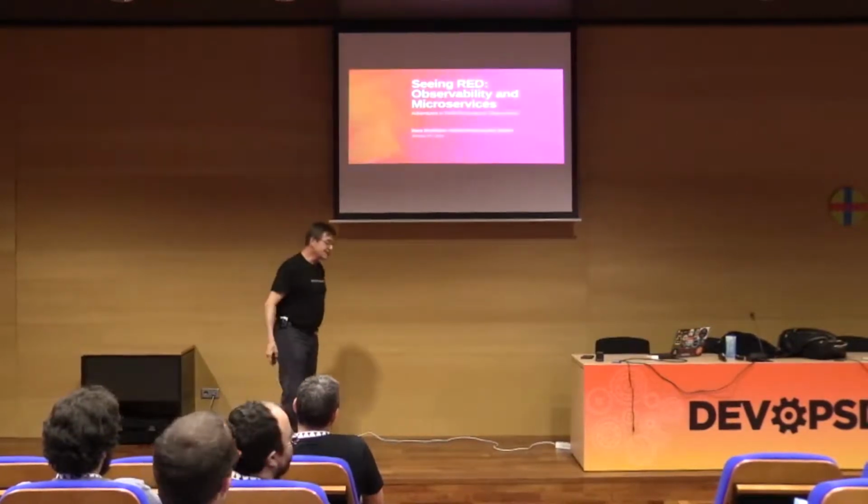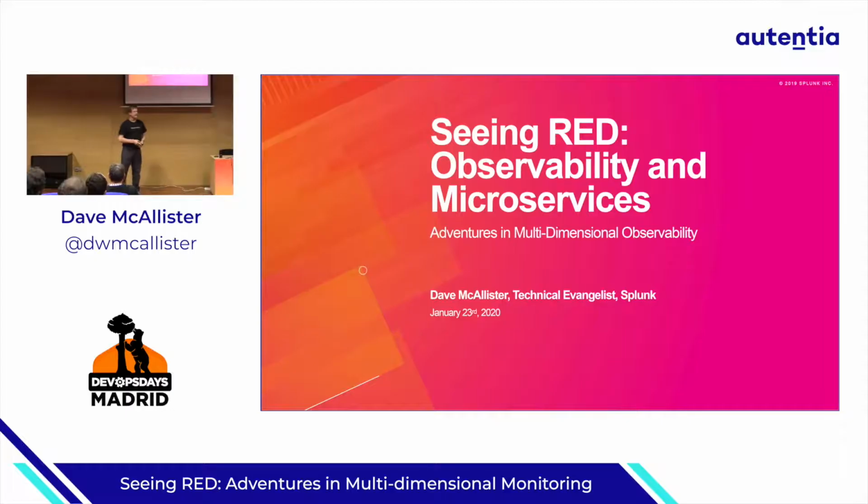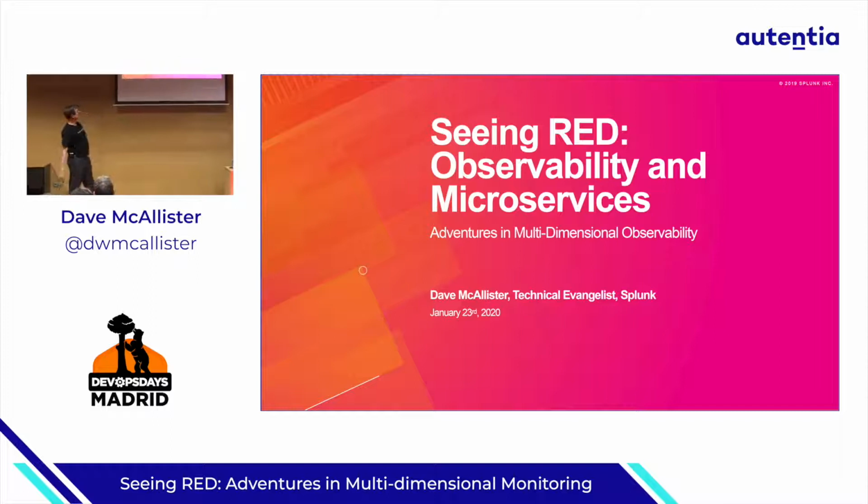So what I'm going to talk a little bit about today is this concept called RED monitoring. And I want to talk about how it applies to the new complex worlds we've got involving Kubernetes, microservices, containers, as well as this larger picture of this thing called observability. And to kind of start with that,